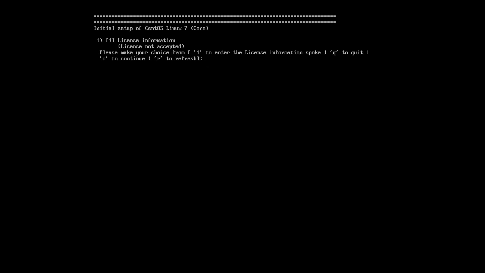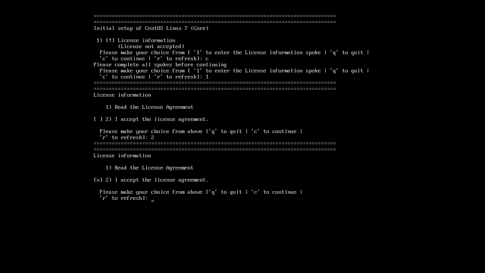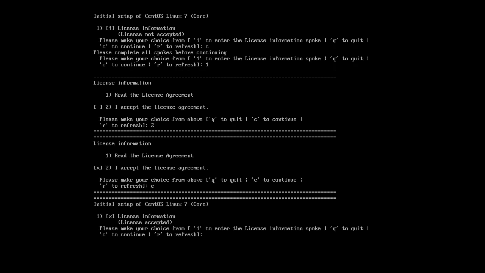And now that I have this taken care of, it asks me first to accept the license because I didn't do that during installation or after the installation. So I can see continue, and it wants me to press 1 for the complete license. If I want to accept it, I can press 2 to accept the license, and then I can continue, and then it wants me to